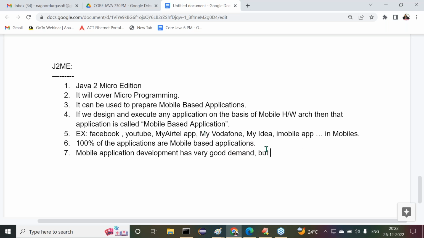But J2ME is not having demand outside. At present, J2ME doesn't have any demand, but mobile application development has very good demand. Why does J2ME not have much demand outside? A number of alternatives are available. J2ME is not having demand due to the number of alternatives. The best example is